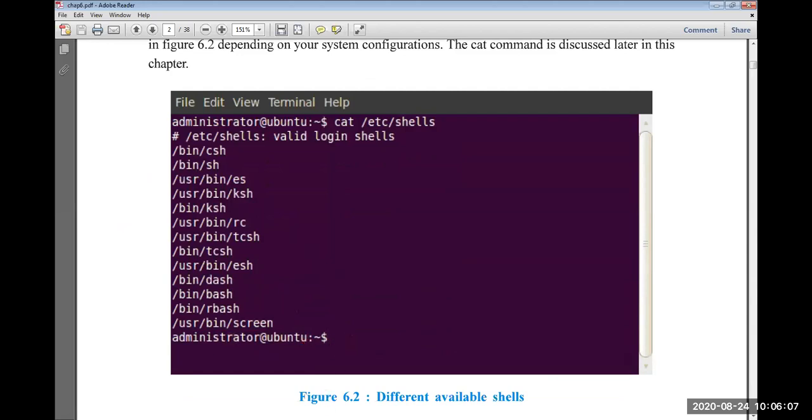Okay. If we see the video of this, I hope you can see my screen. So let us see. I'm just typing here cat /etc/shells and enter. So see, you get all shells listed over here. Do you see? Right? So this is what you see on your Ubuntu operating system. Clear? Okay, let's continue.